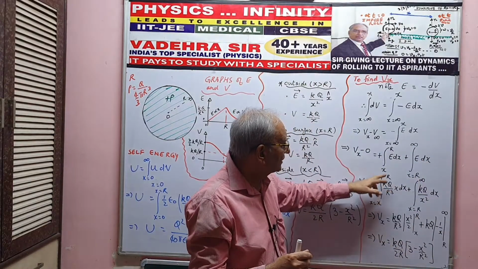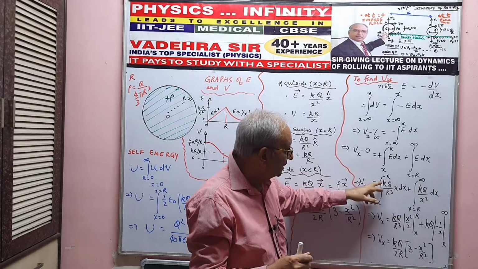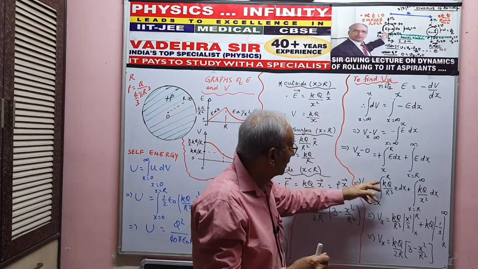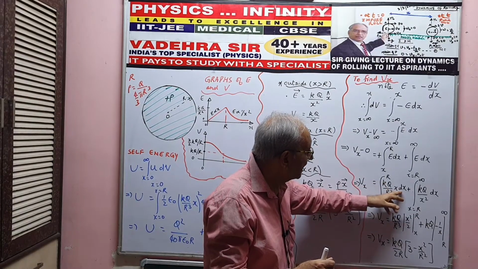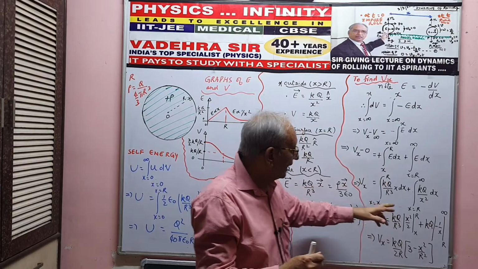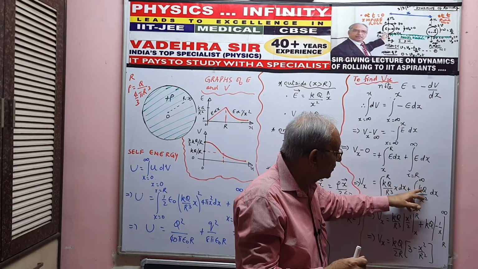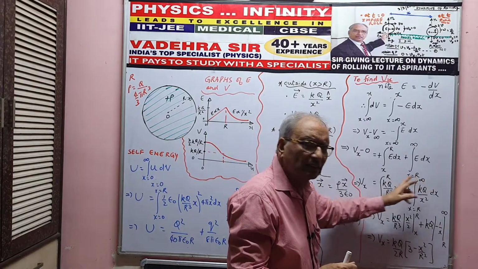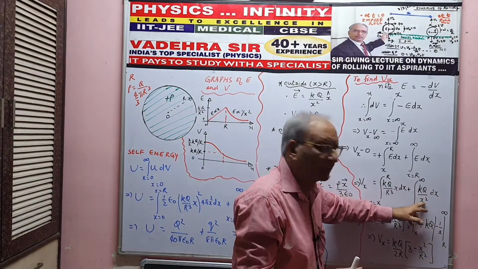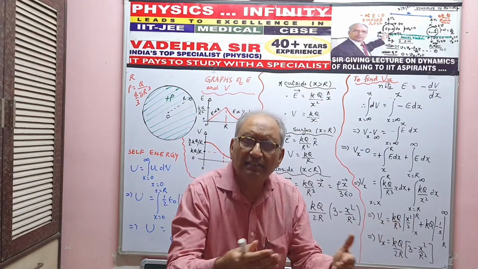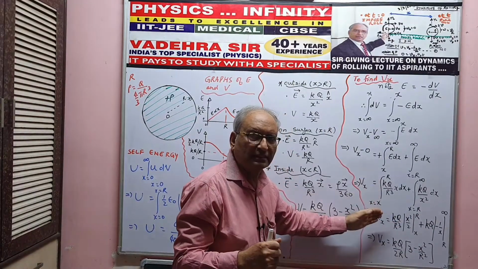Now I write the expressions for E inside. Kq by r cube, I pick it up from here. So kq by r cube x dx, x to r, and then r to infinity, I use kq by x square dx. Simple integration. This is x dx and this is dx upon x square. Limits are already there. Any student of maths can easily do this, and you solve this up,